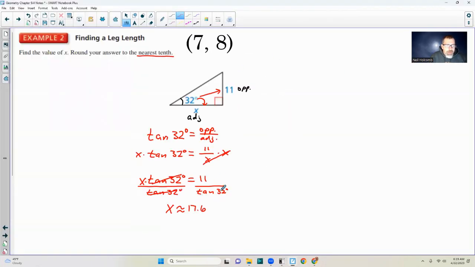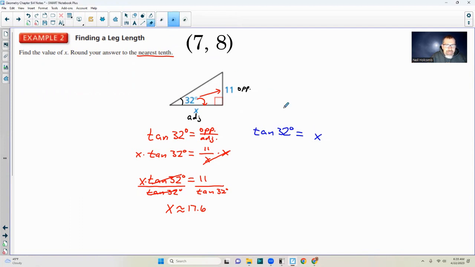Now I want to show you how to do this in a short fashion. So let me go back to this step right here, tangent of 32 degrees equals 11 over X. Okay, so I'm going to do this on purpose because I want these to be two different pieces. So whenever you have the tangent of 32 equal to some ratio where the denominator is the variable, all you simply do is